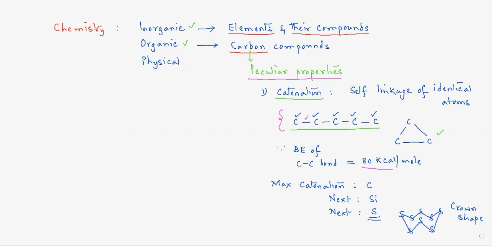The most important thing, because of which there are millions of carbon compounds, and even this number is increasing day to day. Let me just go for one more thing. The second property that actually is the reason why carbon is able to form millions of compounds is the tetravalency, or let me say, quadricovalence.